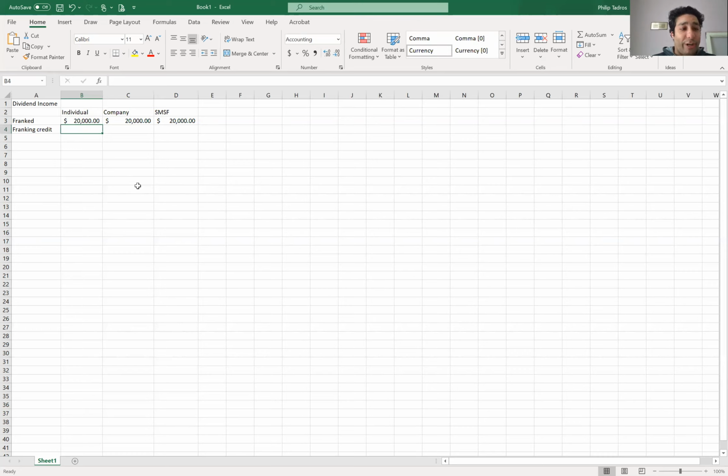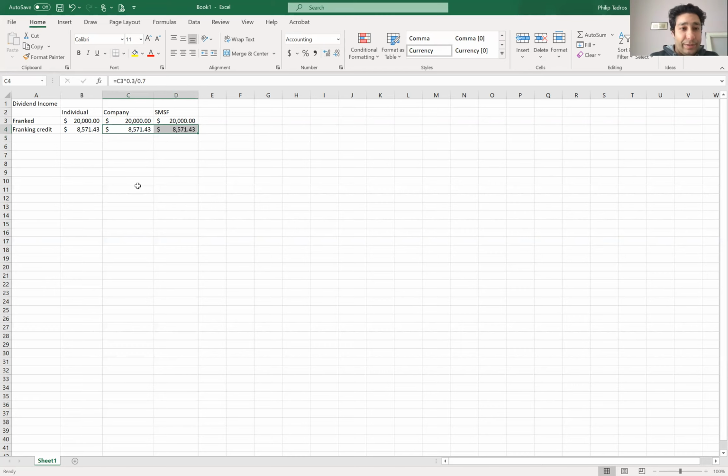Now, the franking credit, let's assume that the company tax rate is 30%, and the franking credit is based on the 30% tax rate. So we do a simple formula: 20,000 times 0.3 divided by 0.7 gives you